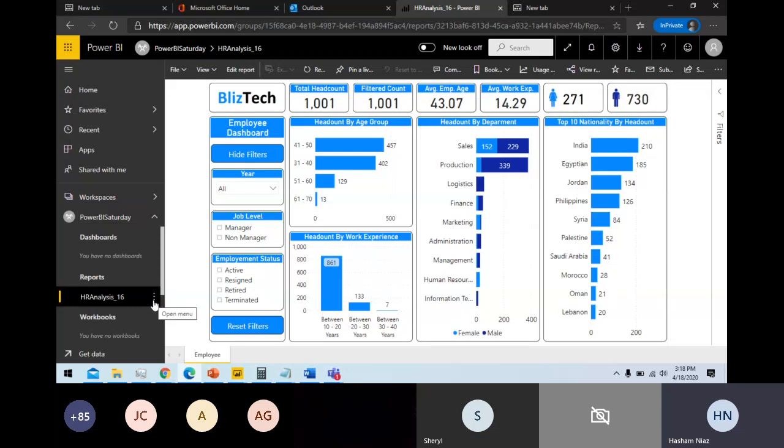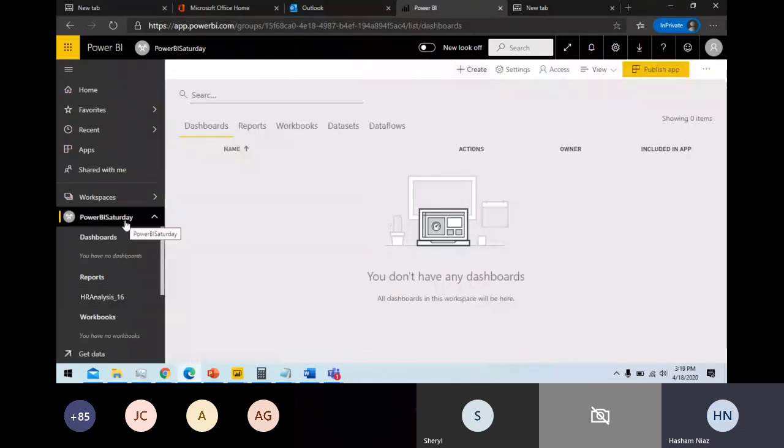They can do this without disturbing your final app. So there is a difference between workspace and app. Let's clarify this one. I have this particular workspace. Now you see, since I am in the publisher contributor role, I have this option called publish app. What it will do, when I click this one,